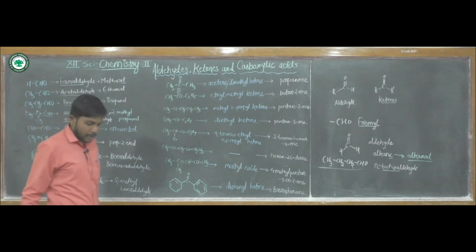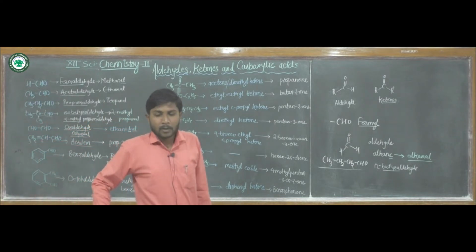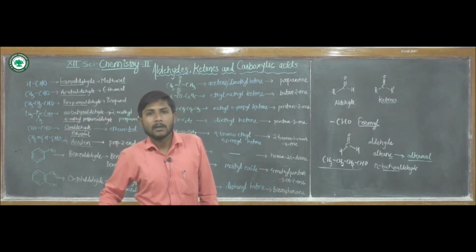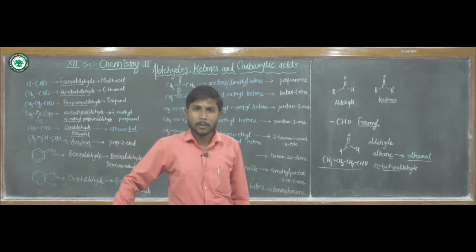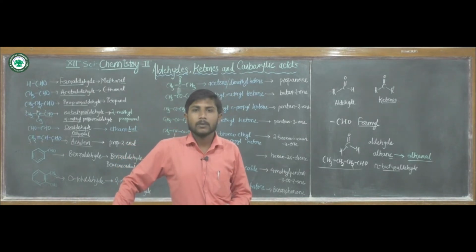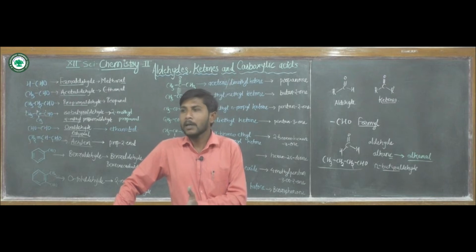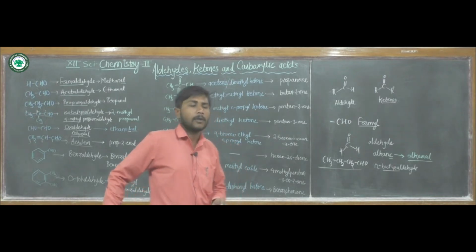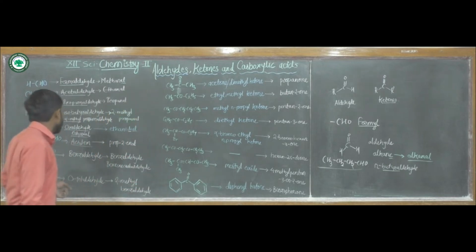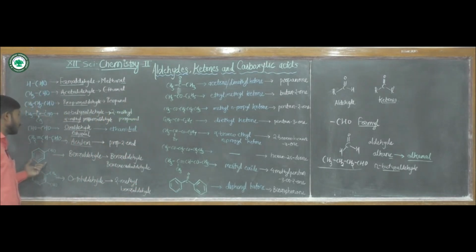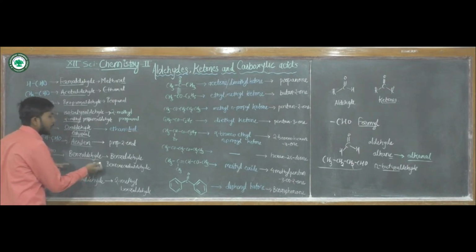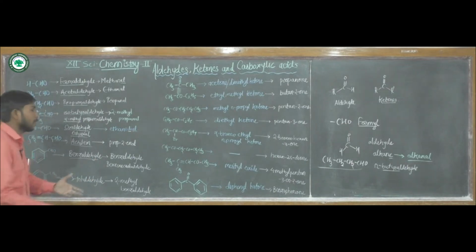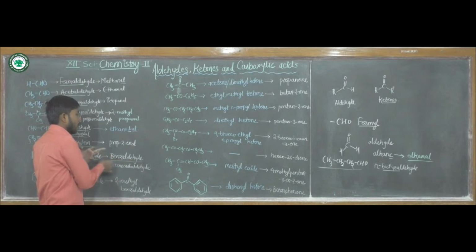Now looking towards the aromatic compounds or aromatic aldehydes, in the classification we have seen, in your 11th standard also you have seen, that while giving names to the aromatic compounds, there are few compounds which take their common name as it is for their IUPAC nomenclature. For example, this is a benzene ring with presence of a formyl group. It is benzaldehyde. It is a common name and it is accepted as it is in IUPAC nomenclature.